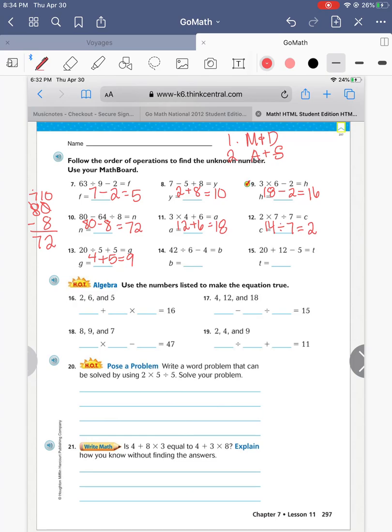Number 14, 42 divided by 6 minus 4. 42 divided by 6 is 7, minus 4 equals 3. And then